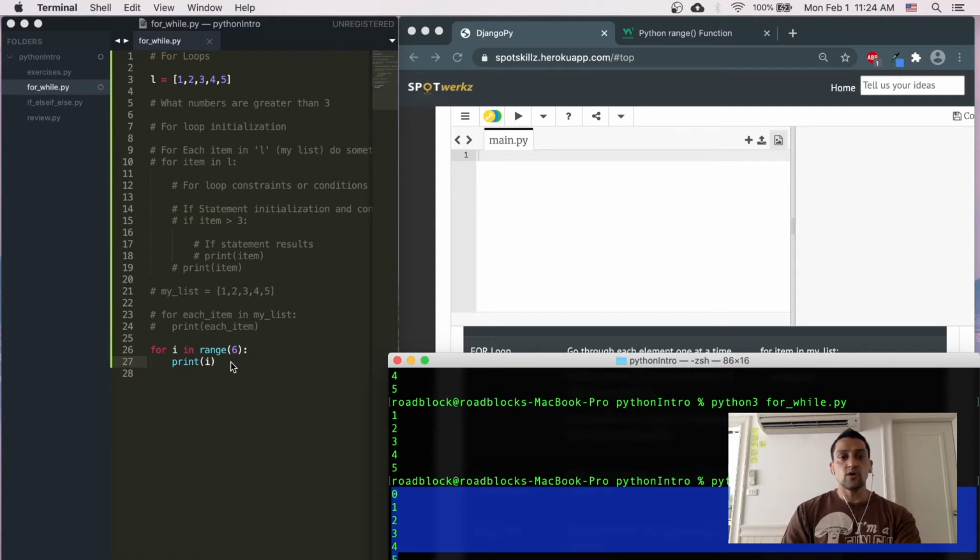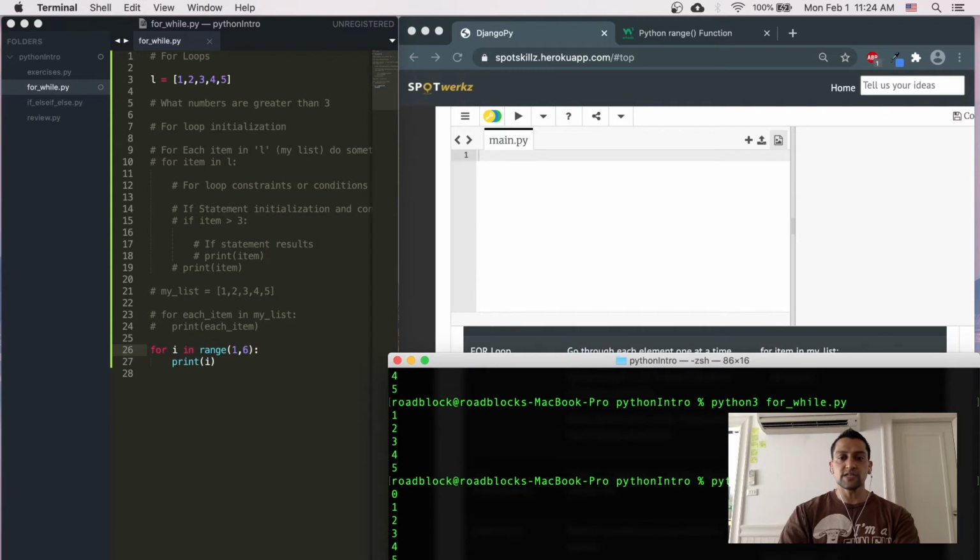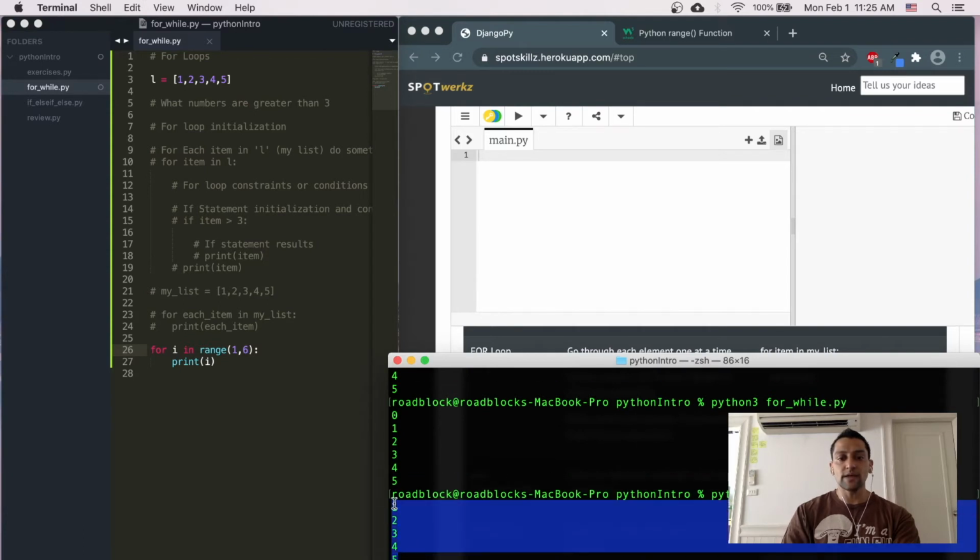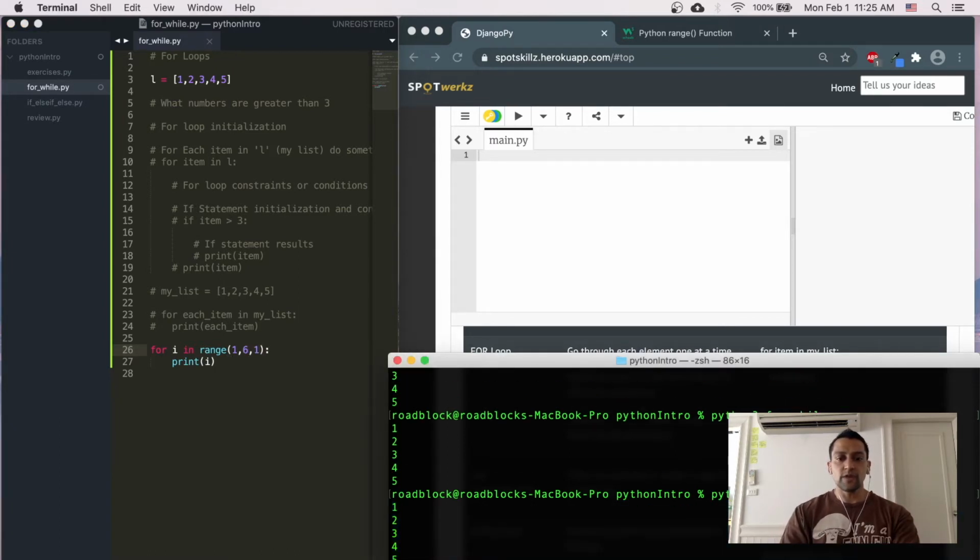If I want 1 to 5, I can change it like that and now I get 1 to 5. So this is start, stop, and this is step. That'll be a step of 1. So this is the range command